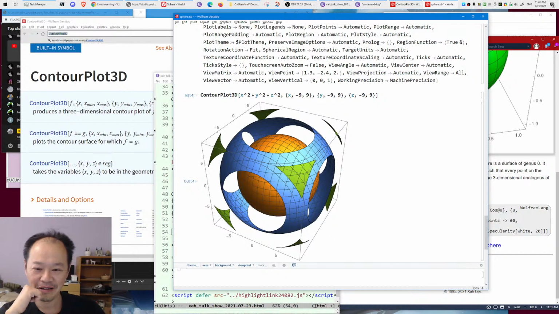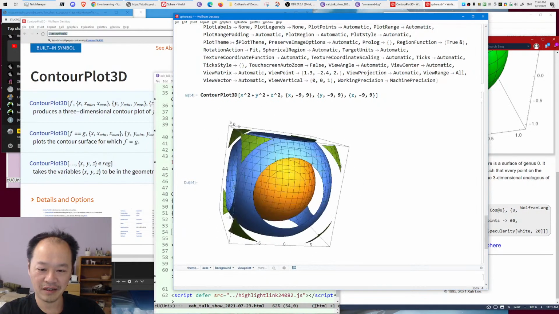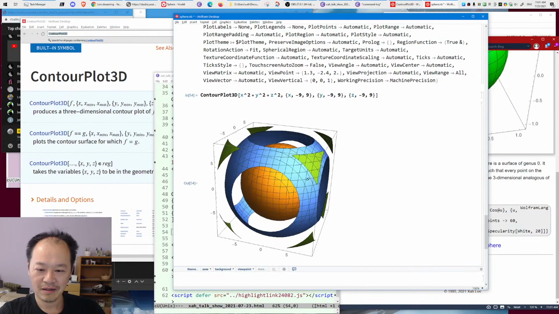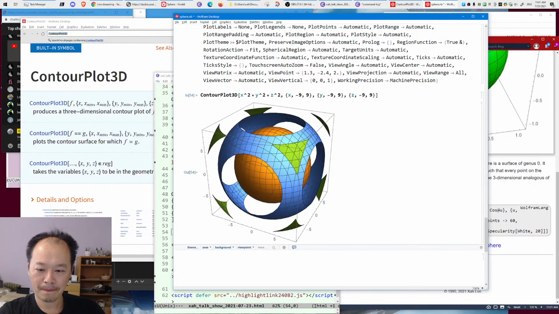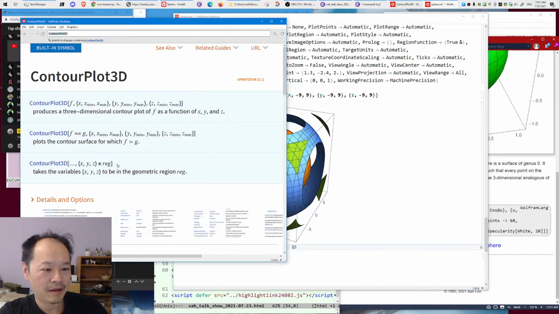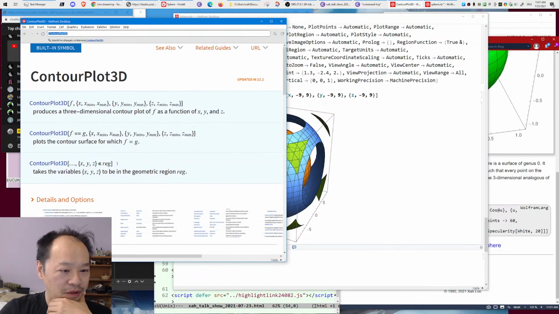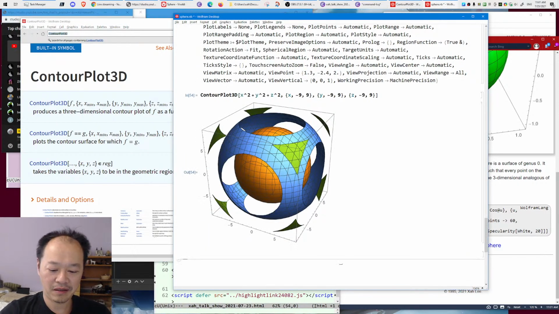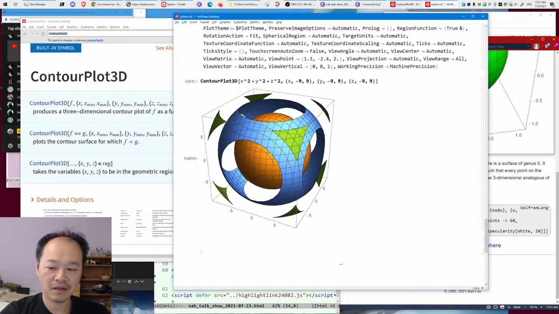Okay, here we got kind of the contour plot. Okay, so we can see a sphere, so this is much more beautiful. So we need to understand what this function does. So let's try the other way, okay? So the other way